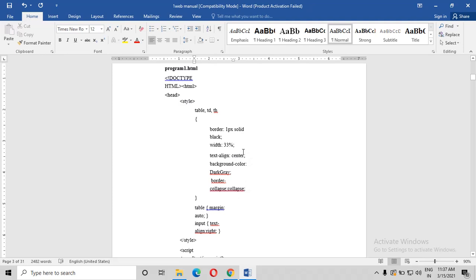So we have taken the table as a center. And whatever we are mentioning inside the table, the text, whatever is there, that should be on the right side. We have given the style, whatever we have taken, and we are ending the style tag. You can see here, the style tag is ending. Right. Once after that, I've taken the script. What is the script tag? Why do we use the script tag? We know that the script tag is used to embed the client side script,